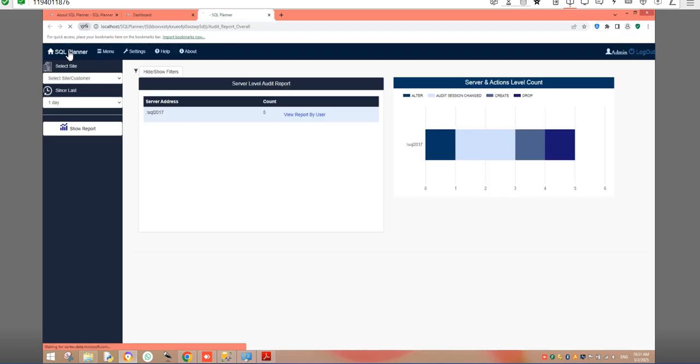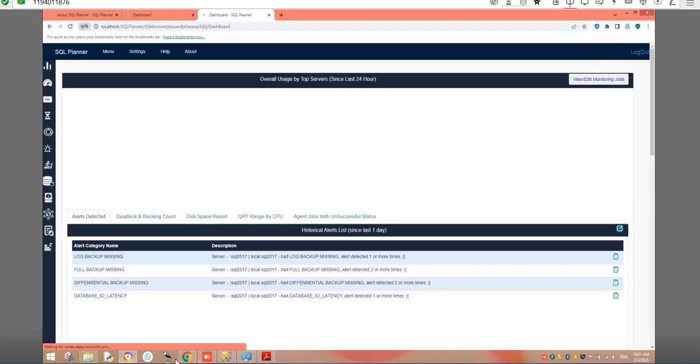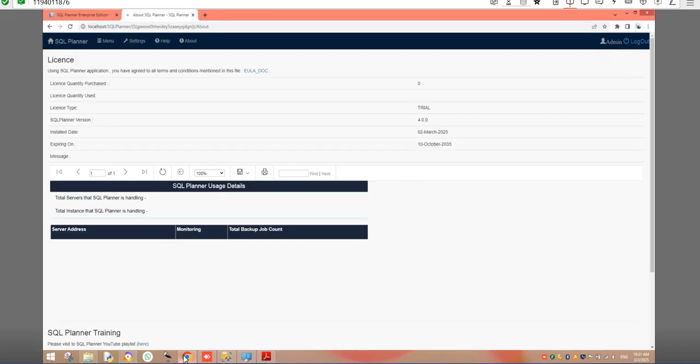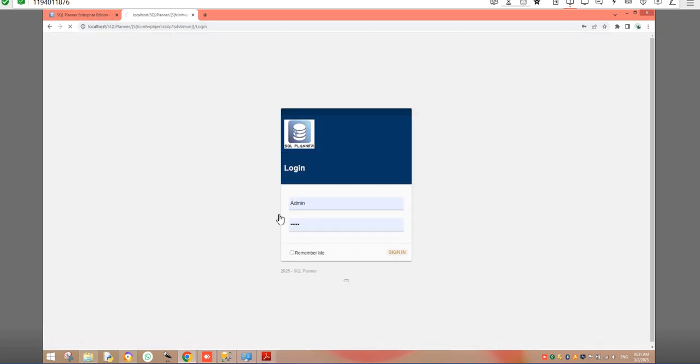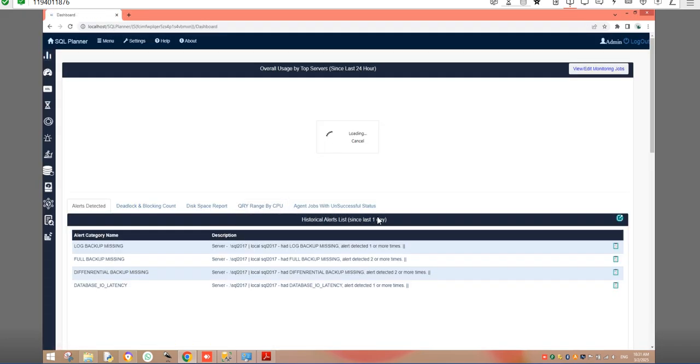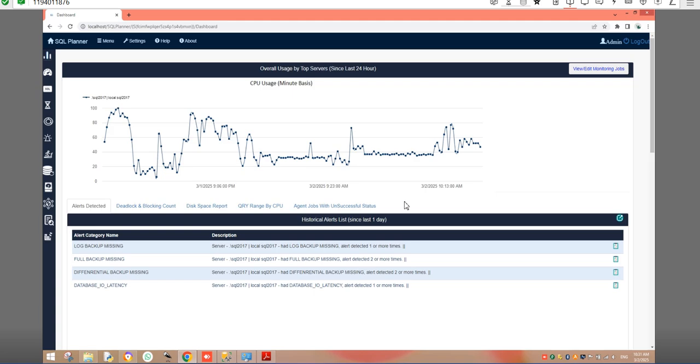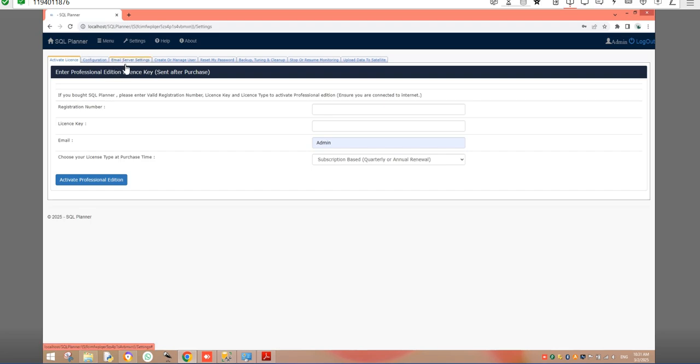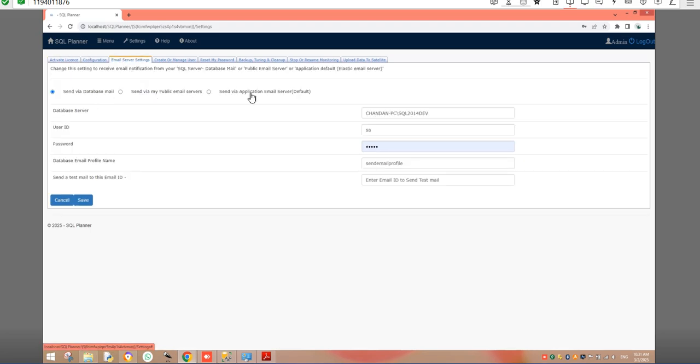Now let us come to the tool. I would like to also share that. Okay, now you have already configured it. There is another very useful thing that I want to tell you, which is how to configure the email SMTP server, so that when any such alerts are detected, it sends them to your email ID. So you have to come to setting, go to email server setting,